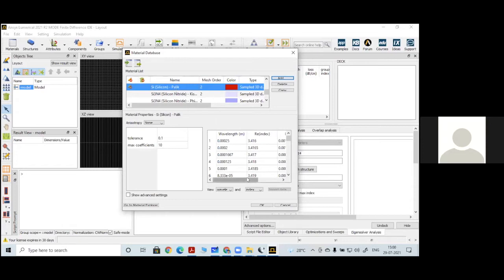Now these are the silicon properties. Look at the imaginary part. For some range of wavelengths, it is completely zero, so it is optically transparent, from 1.1 micrometers onwards. Below that, it has some imaginary part, as you can see in the beginning. Later, as I go towards infrared wavelengths, the imaginary part becomes almost zero. That indicates that silicon is optically transparent in the infrared wavelength region.